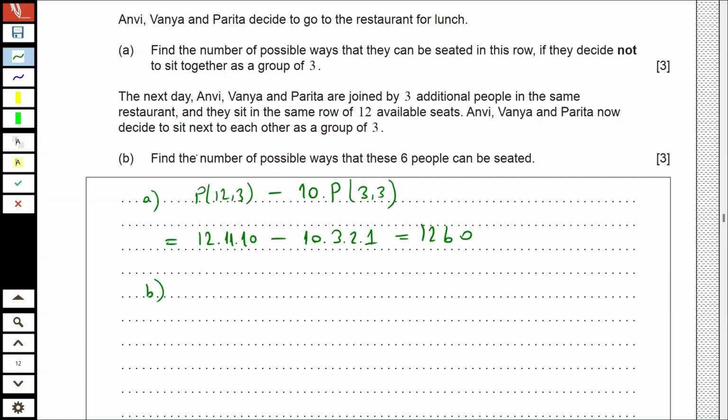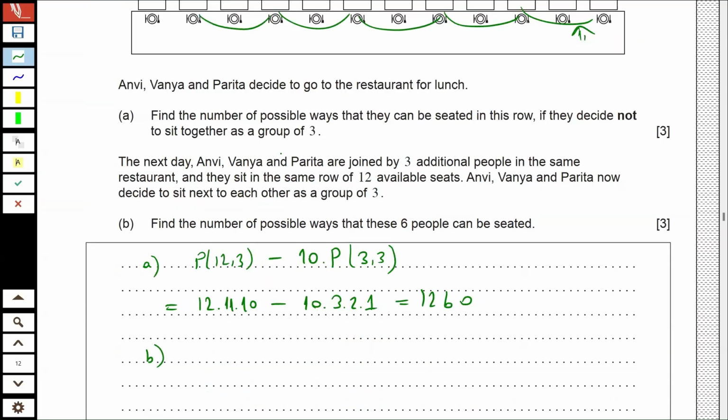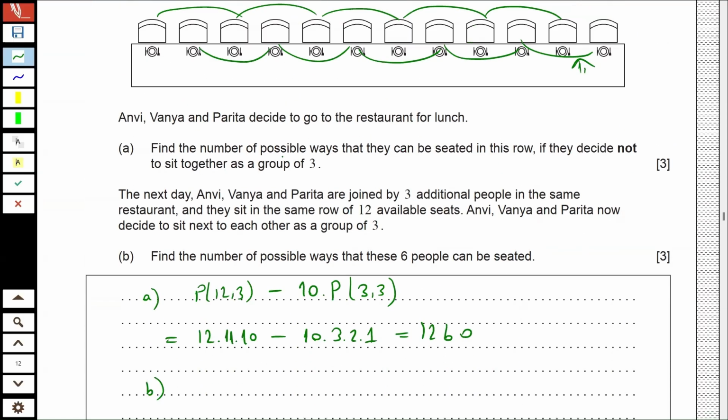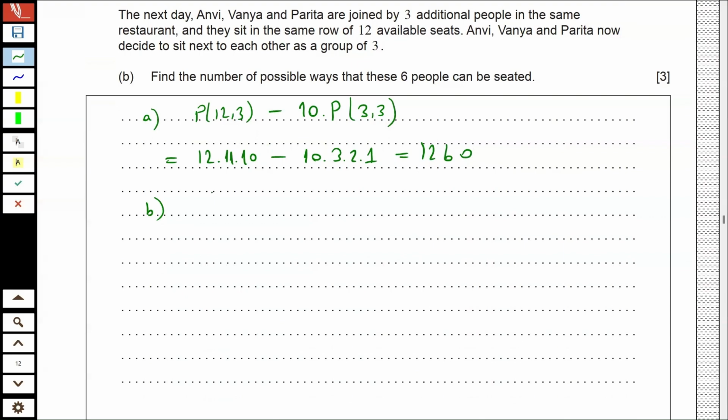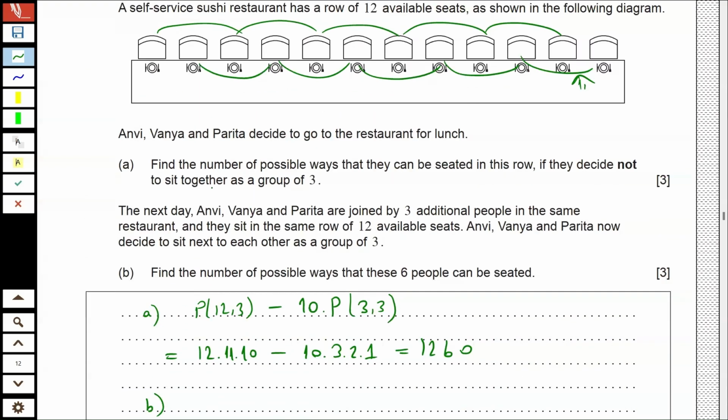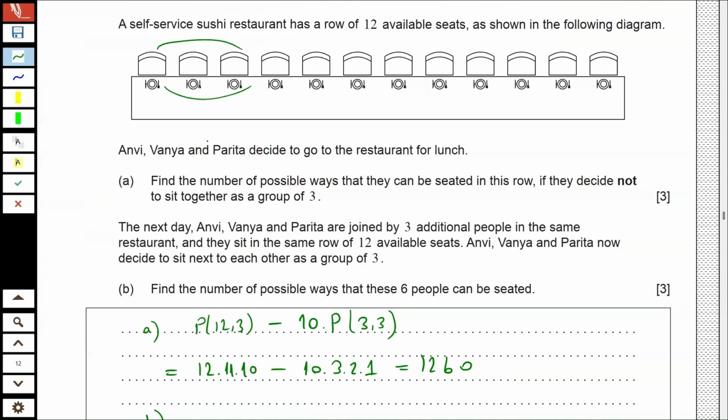So they decide to sit together, and you know that there are 10 cases, like we calculated in the previous question. For example, if three of them are in the first places, it means the other people will choose the remaining seats, which is